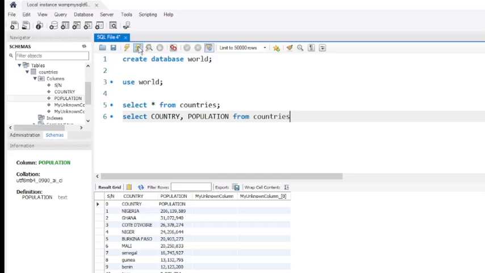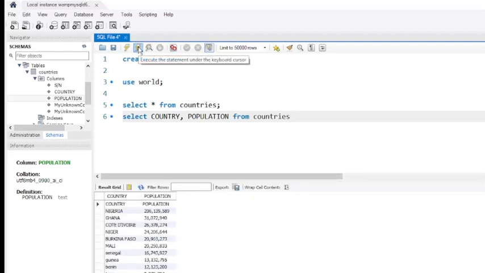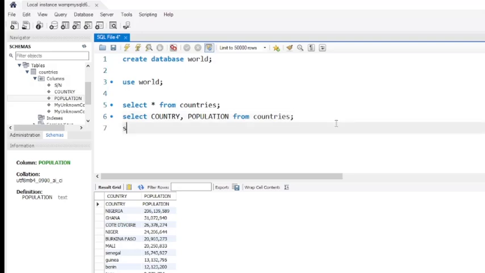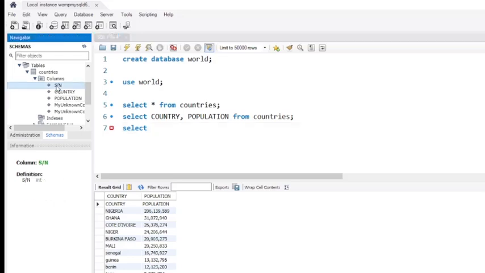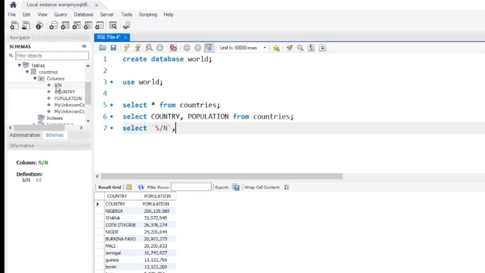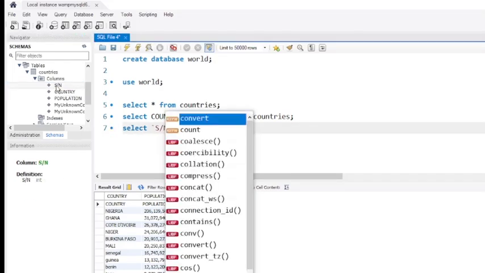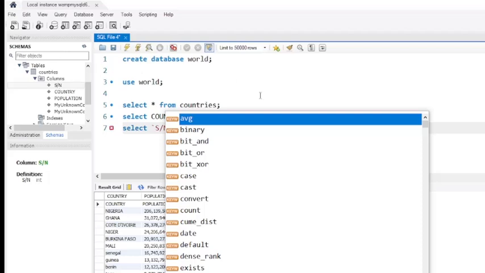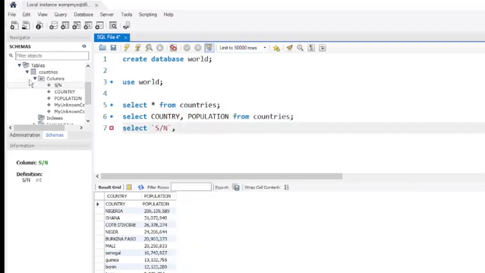So if I run it now, you will see that it's going to select only the country and population from the table. Okay. So if you want to select, let me add on that one again. Let me select. So if I say select serial name alone, so if I double click it and country. No, I don't want to type it because you have to type it exactly the way it is. If capital letters, sentence case, you have to. So country. Okay. From